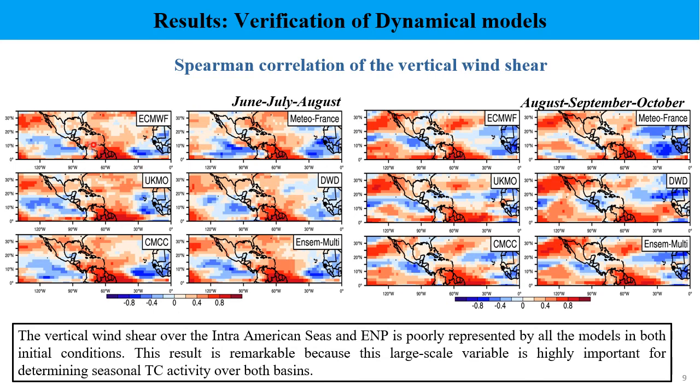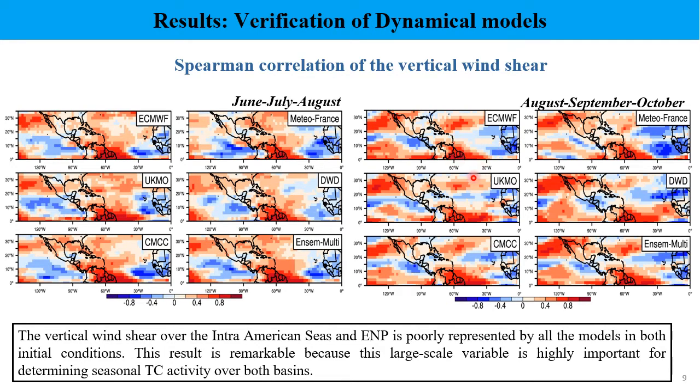This is also for the two initial conditions. As you can see here in this image, most of the models have a region of negative correlation in the Pacific Basin, where the models are underestimating the activity of the tropical storm track density. Also, we have a region of negative correlation near the coast of Africa, and although we have positive values of the correlation between the observed and the predicted values for the North Atlantic, these are very low, like between 0 and 0.4. For the second initial condition, you can see also this region of negative values of the correlation in the Pacific Basin, and you can see also that the region of negative correlation near the coast of Africa